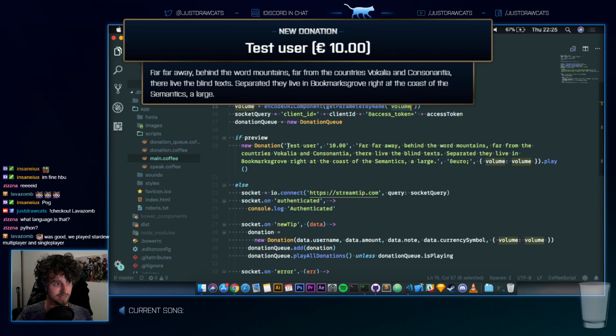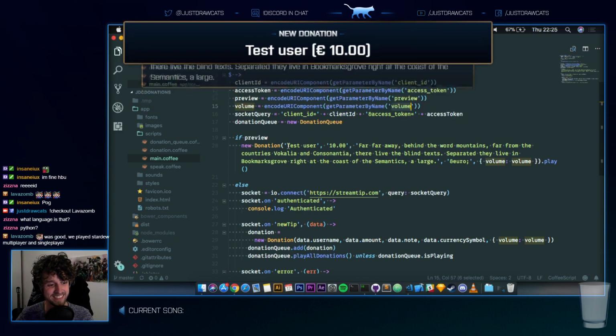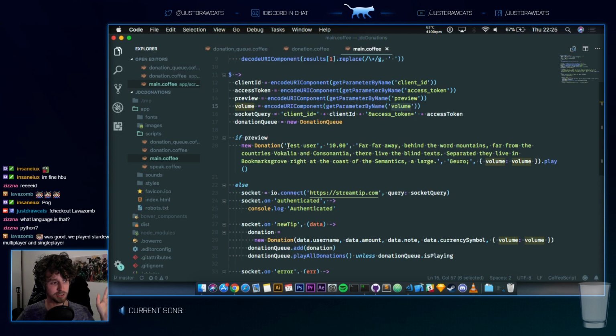Far, far away, behind the word mountains, far from the country's vocalia and consonant here, there live the blind text. Until the text-to-speach was done, there would be no other donation. The coast of the semantics are large. But